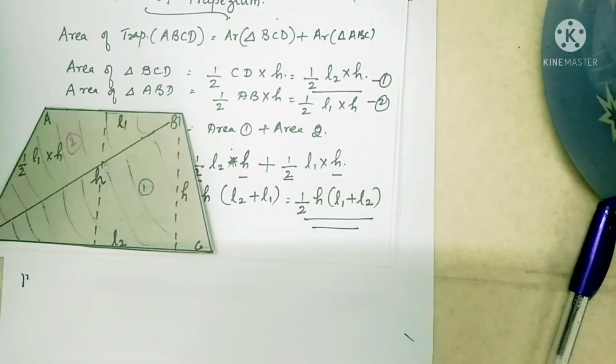So, today we completed exercise 11.1 and also we learned area of trapezium. That's all for today. In the next class, we will learn some more formulas, how to get these formulas and then the application of all this.